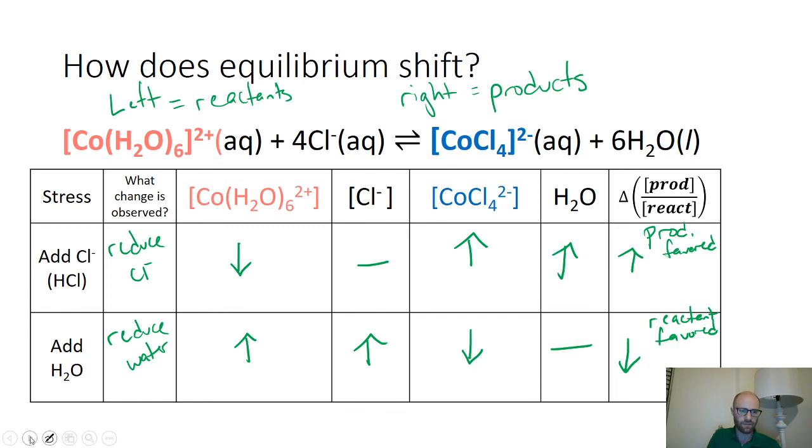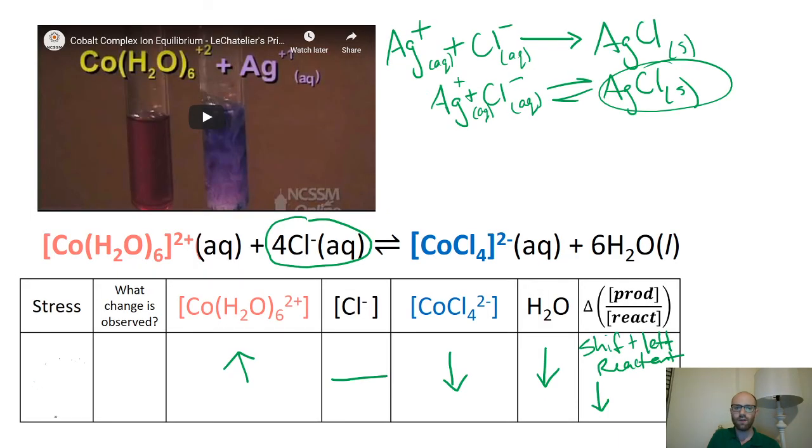Which means the response has to match up in the chloride with what happened to the cobalt. So the change is we have to increase the chloride ion, which means that the stress had to be a decrease